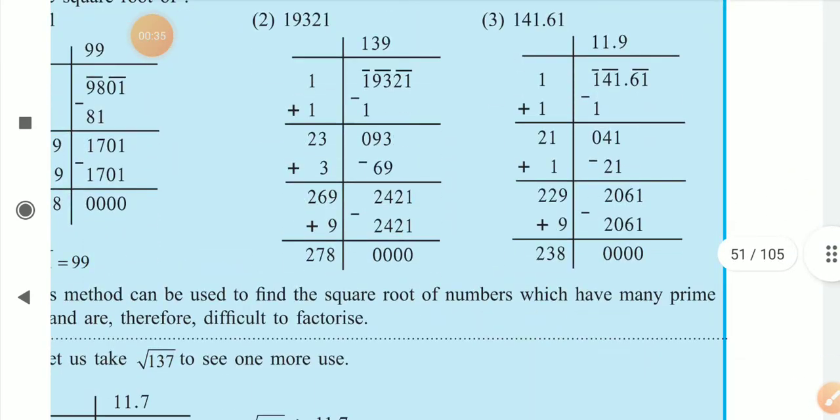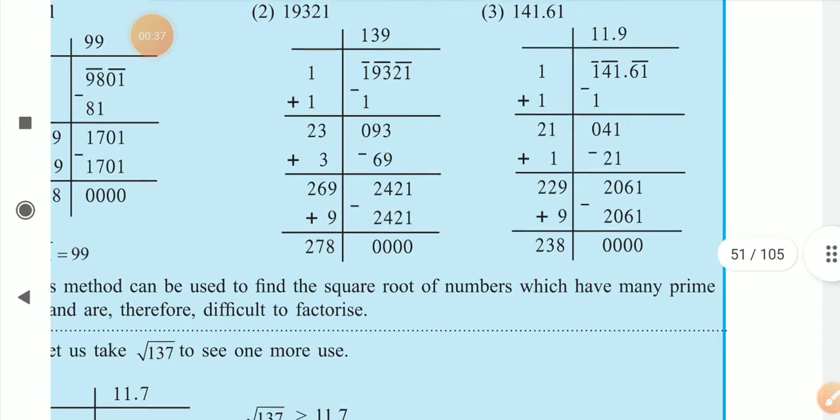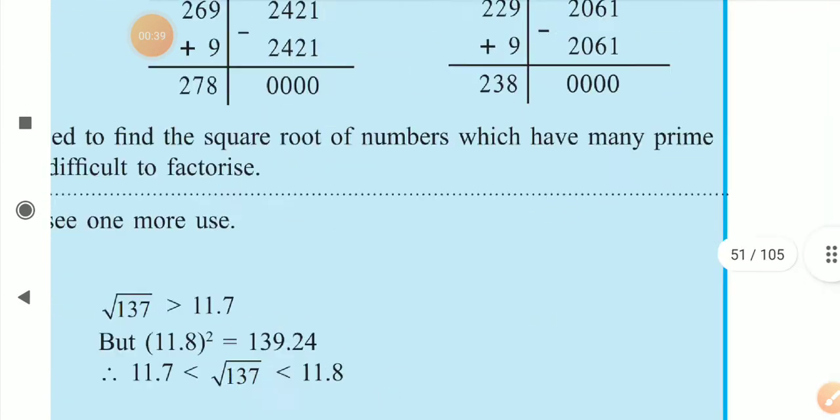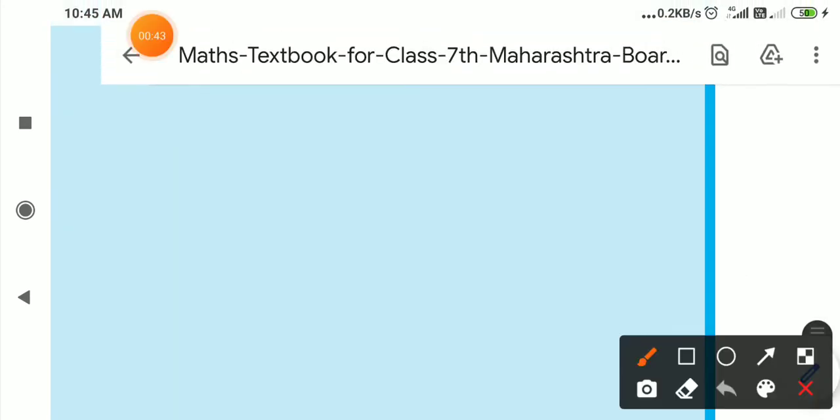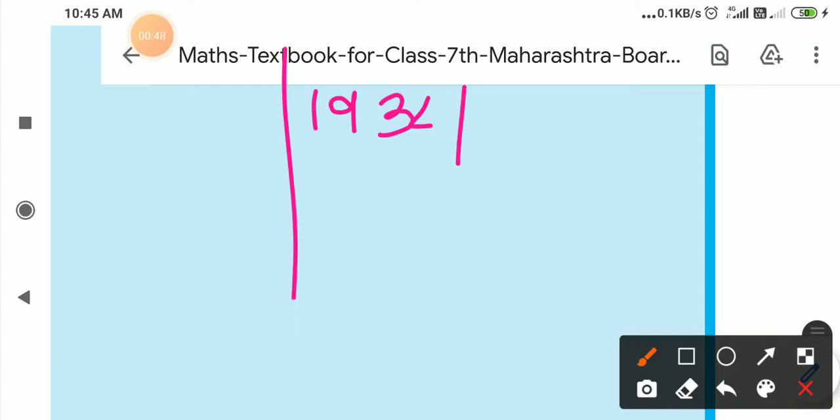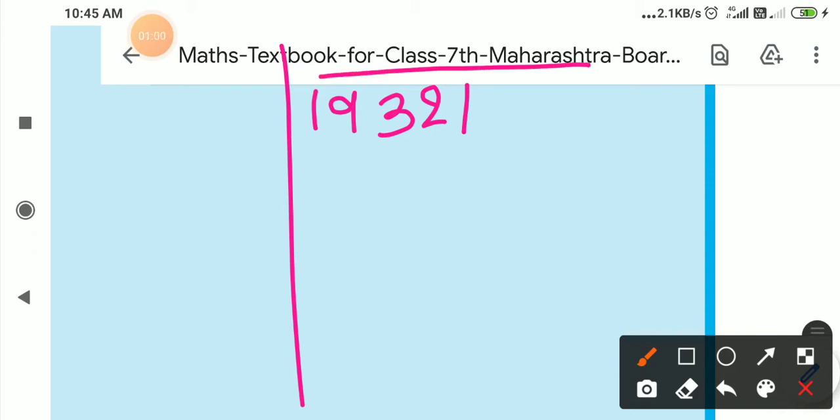the question number one is 19,321. 19,321 is the square root of which number, that we have to find out. Okay, 19,321. So first of all, as I told you before, we have to draw here the